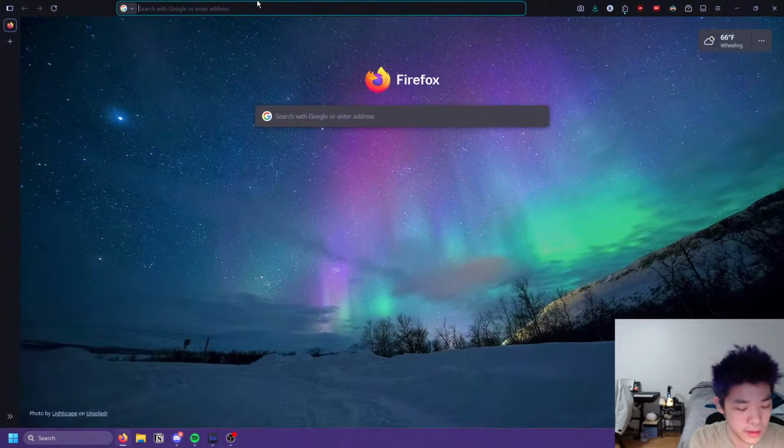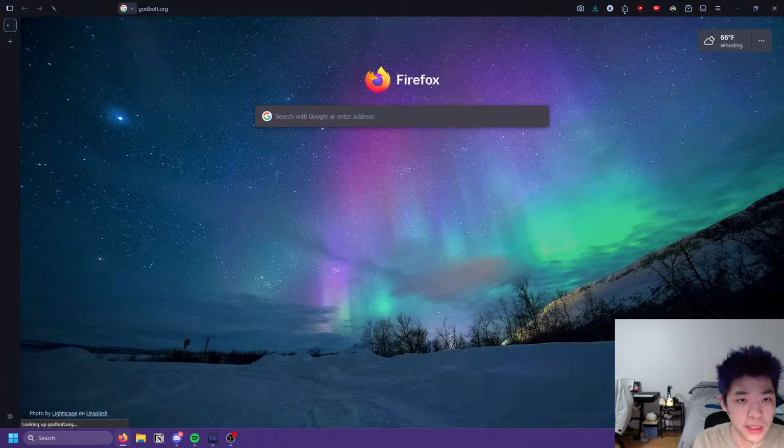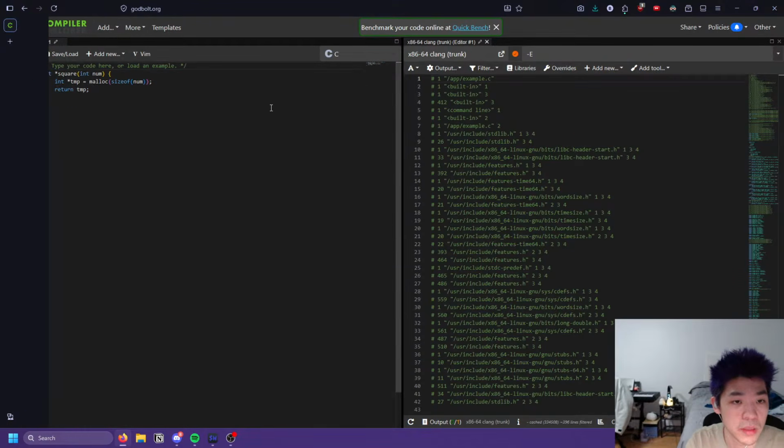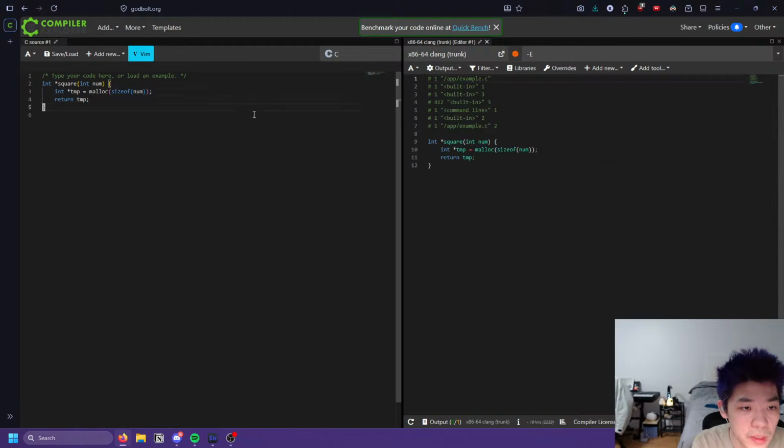Godbolt. What was I doing with stdlib? Let's use vim. Okay. So let's do like, so we have int i equals 0, and we have int star j equals address of i.